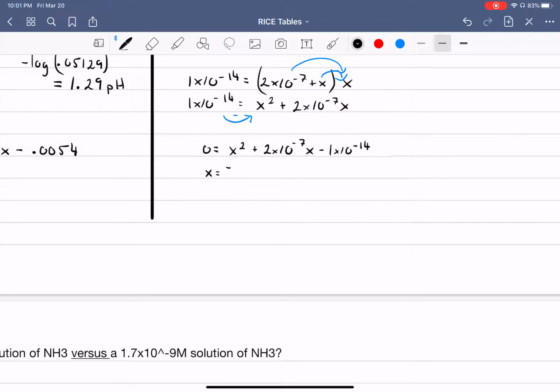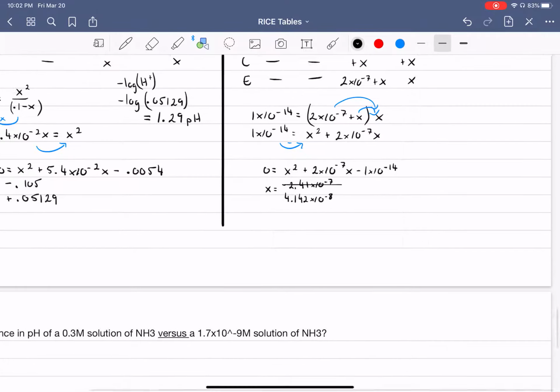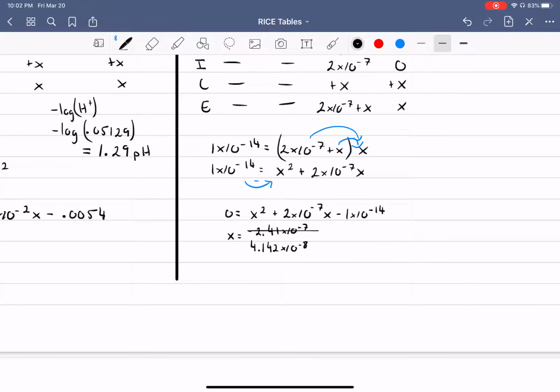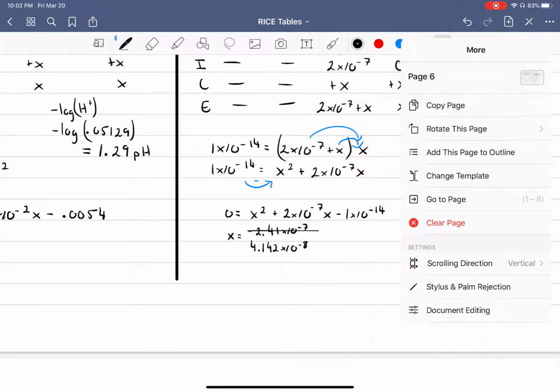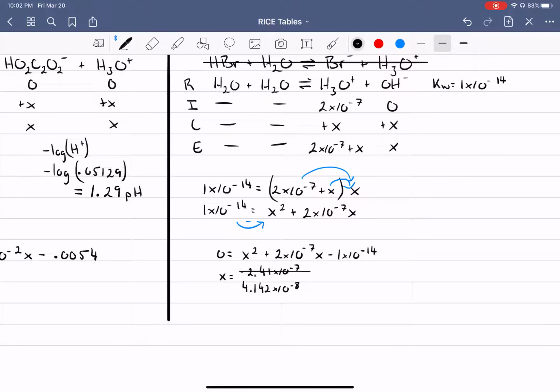But you should get negative 2.41 times 10 to the negative 7th, or 4.142 times 10 to the negative 8th. Now you know that this negative value isn't going to be accurate, because we can't get a negative concentration. We get to 0 and we run out, right? So we're going to take that up here, and that's going to be our